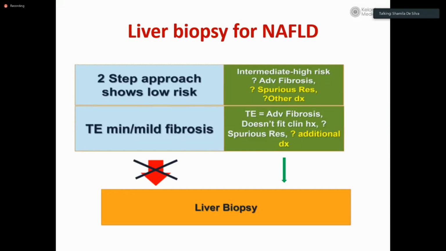We will do biopsies only for patients who have repeated indeterminate values both on the serology and the FibroScan. And if we strongly think that there is a secondary cause of fatty liver, either due to some abnormal serology or biochemistry, or viral serology that has come back positive, or there is an unusual family history, or the patients who do not improve despite lifestyle changes once treatment is initiated. So those are some of the rare, less common indications for liver biopsy.